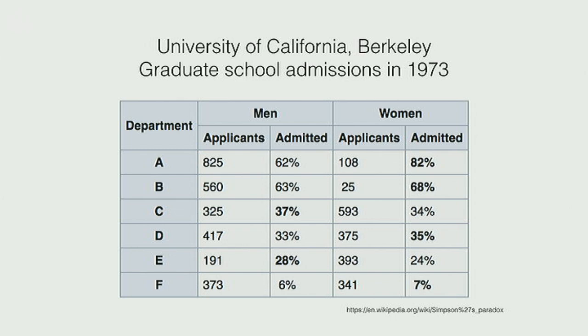So you see that for many, many departments, actually the percentage of women being admitted in the different schools is higher. And when you look at the raw numbers, basically what is going on is that men and women apply in bigger numbers for different departments. So you can see some departments where men apply with bigger numbers and others where it's the other way around for women. So one way of looking at this could be maybe women apply for more competitive departments in general, and men tend to apply for the less competitive departments.